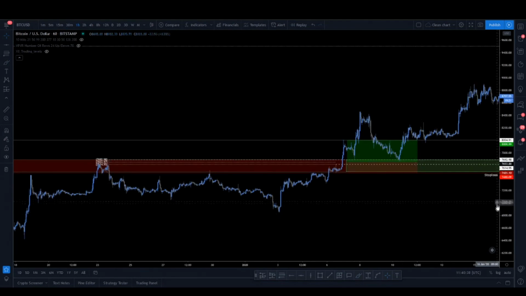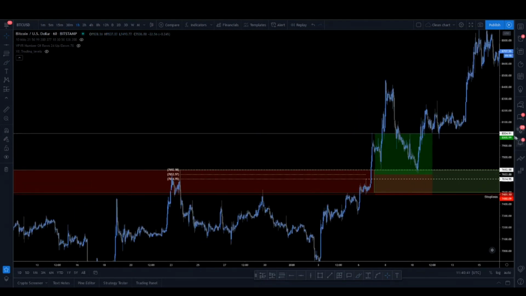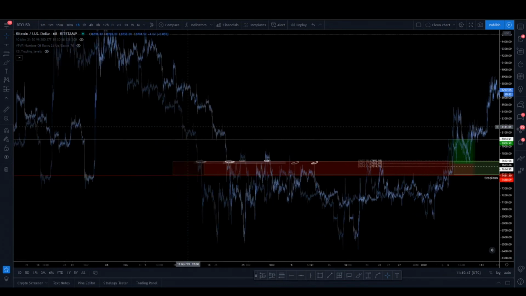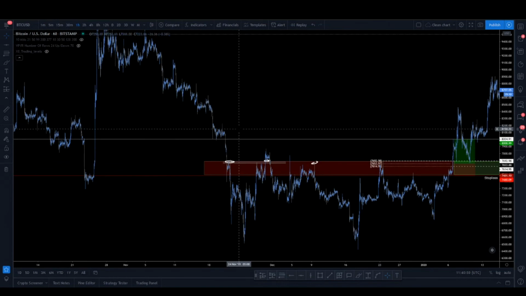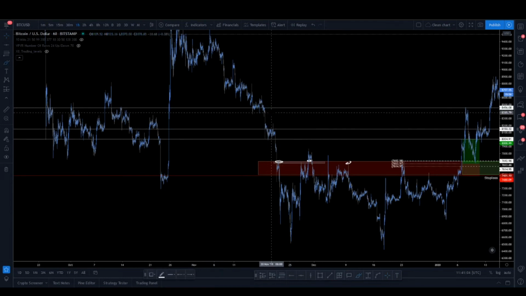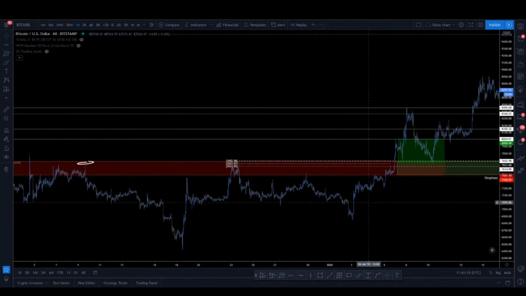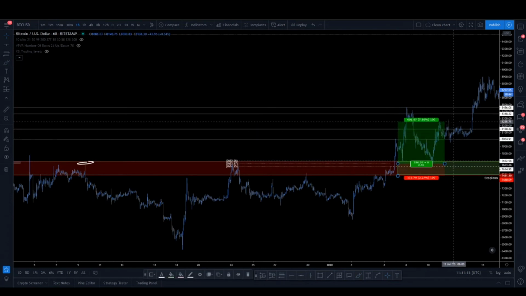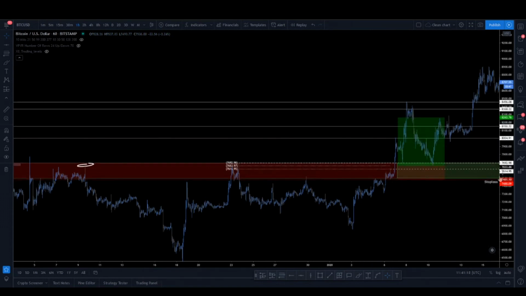So this would have been a nice trade just to exit fully here, but I would most likely have taken some profits here. I would then take some more profits, you know, up in this area. And last take profit would probably be up in this region here, right? Because the next level is basically up in this area. Maybe even one take profit order here too. So that would say that you take 25% off on each level. That would bring your R up to 3.5, which is definitely a good